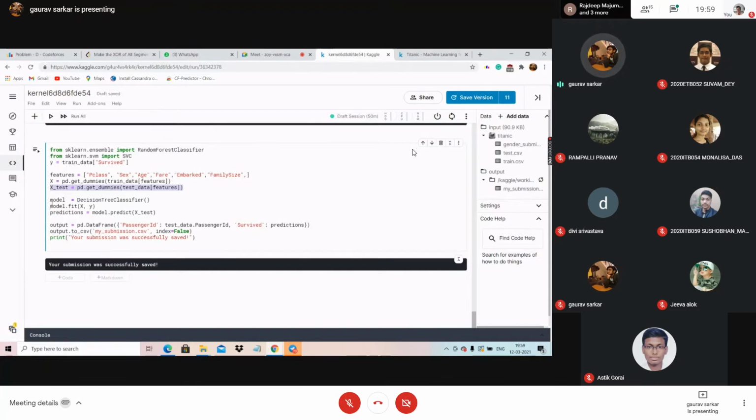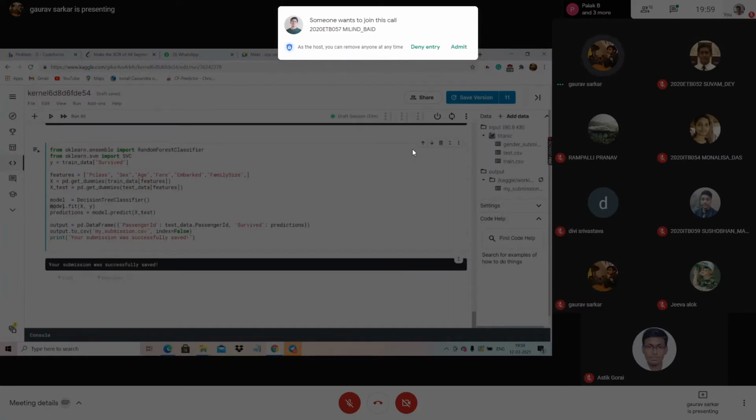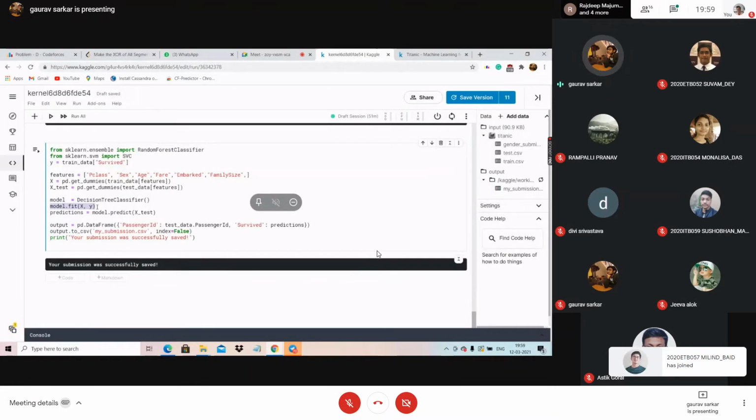Just imagine this model is a black box. Its work is to do regression for you. Don't think about how it is done, don't go into that complexity. Just visualize this: there is a regression model which will be fitting x comma y. Fit means it is doing the regression. It will give you some values.